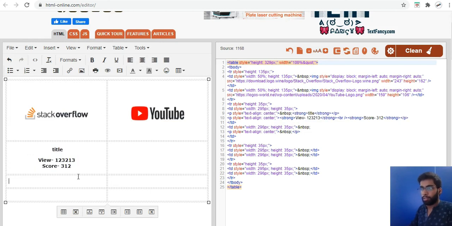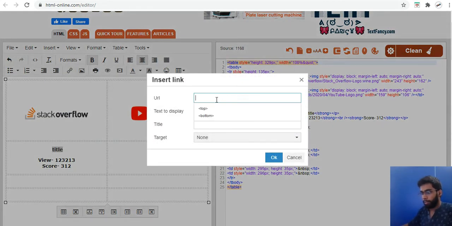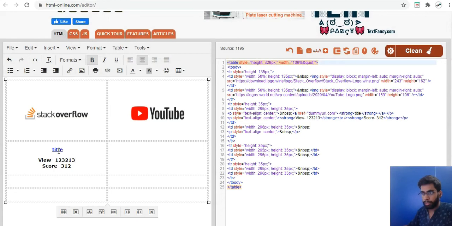And all right, yeah, so I want this thing to hyperlink and redirect me to a URL. So I'll insert a hyperlink, some dummy URL. I will change it later, right? So this dummy URL creates me a hyperlink. So this is how all my Stack Overflow results will line up.